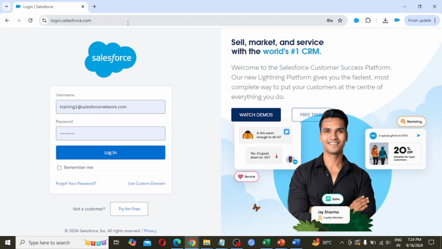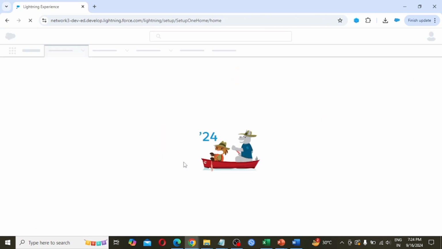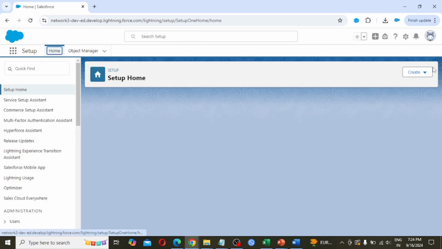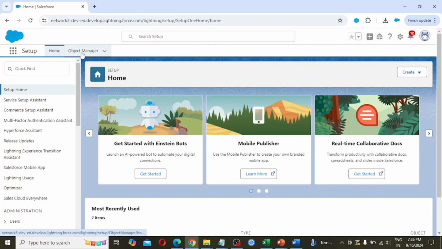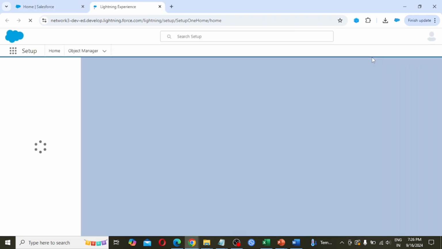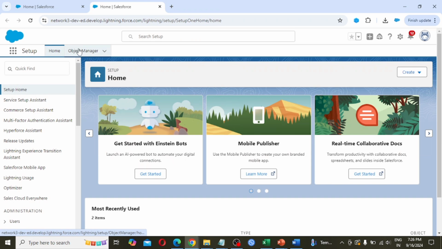First we are going to type login.salesforce.com in the URL. Then we provide our username followed by password. Click on the login button. It will by default redirect to the Lightning Experience page. If someone is not seeing the object manager, simply they have to click on setup, and again click setup, and then they will find the object manager.